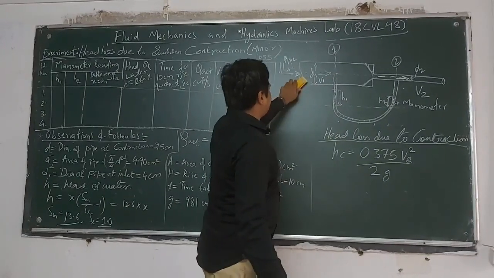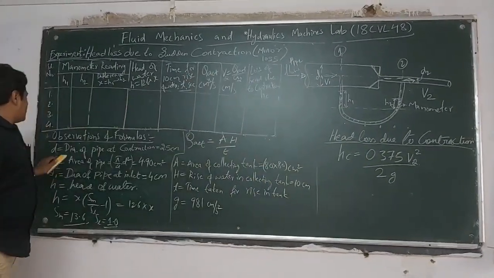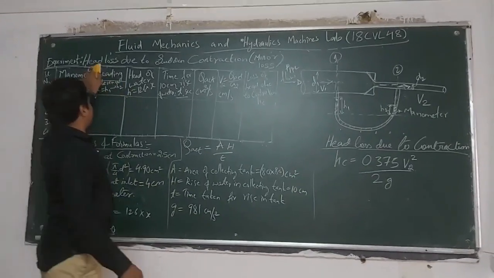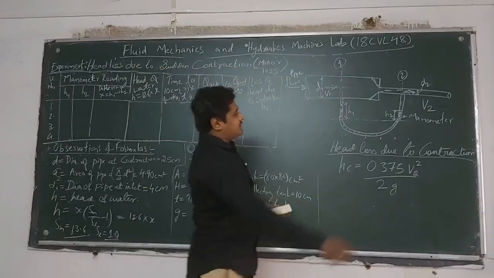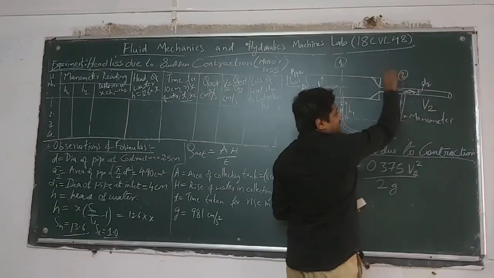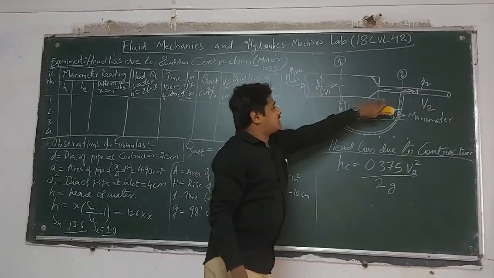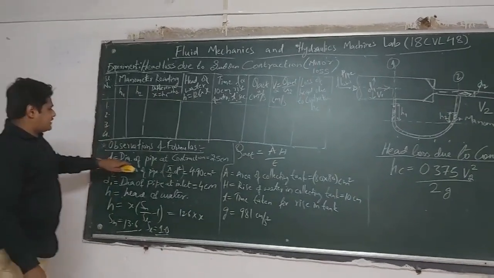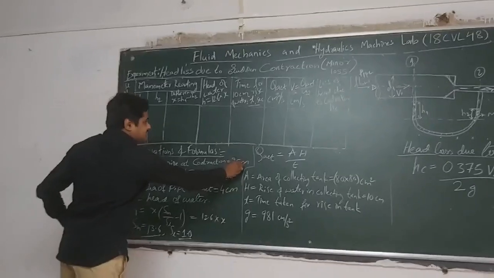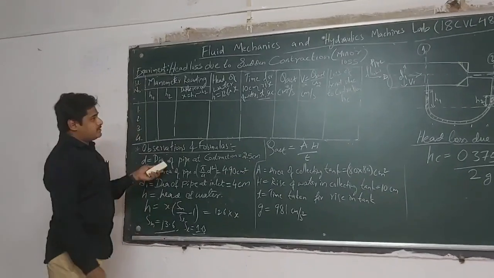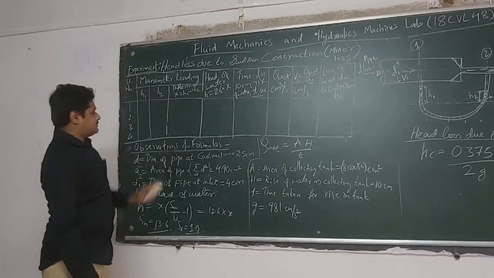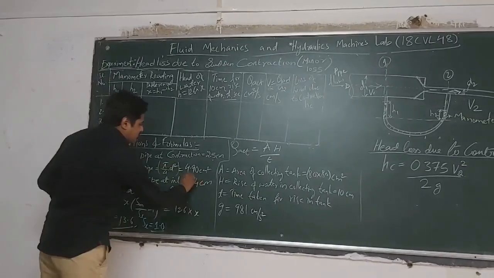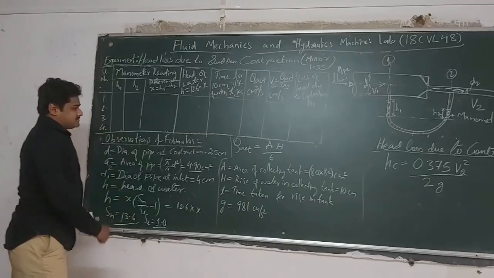So next we will have an observation about the pipes now. For the normal pipe you have a diameter of 4 cm. Here we have head loss due to sudden contraction. So we are only considering the contraction part, not the normal pipe. Considering the contraction part, we have the diameter of the pipe at contraction, that is 2.5 cm. So we need to find out the area of the contraction pipe. That is, area of the contraction pipe is pi by 4 d square. You will get 4.90 cm square.